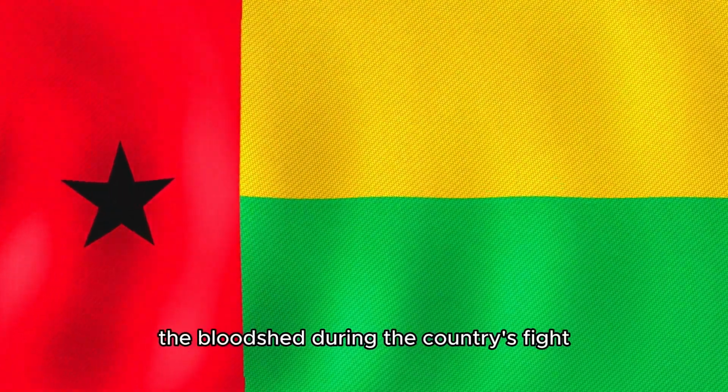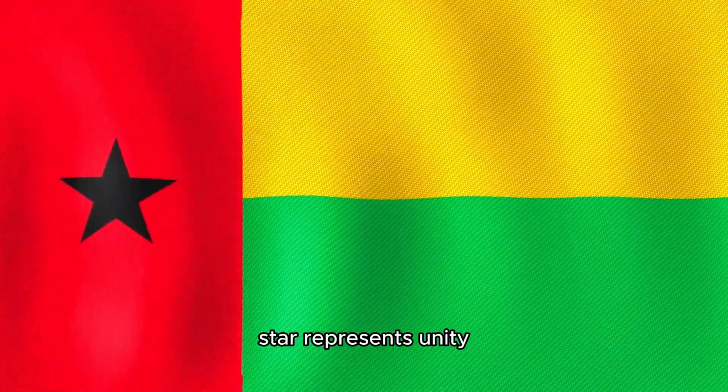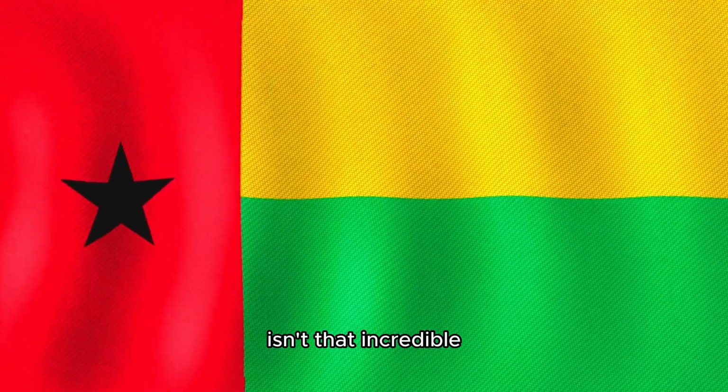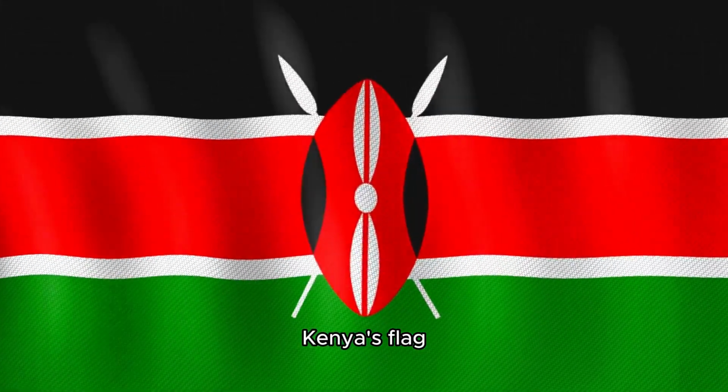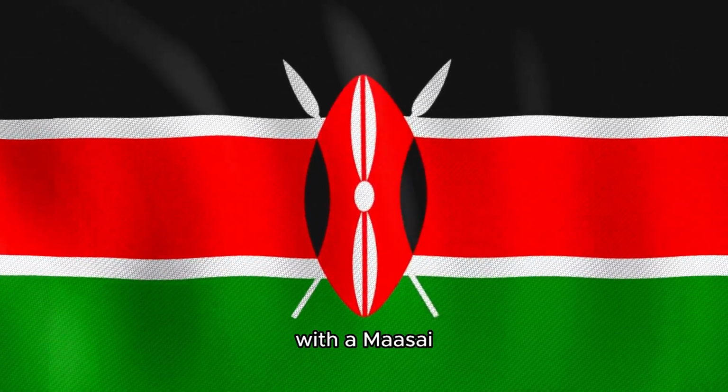The red represents the bloodshed during the country's fight for independence, the green symbolizes the country's lush vegetation, and the black star represents unity and the African people. Isn't that incredible? Kenya's flag consists of three horizontal bands of black, red, and green with a Maasai shield and